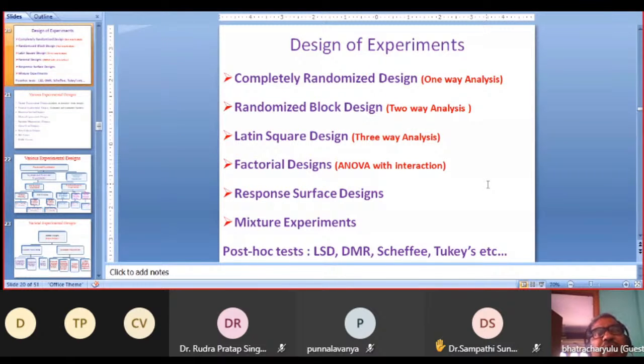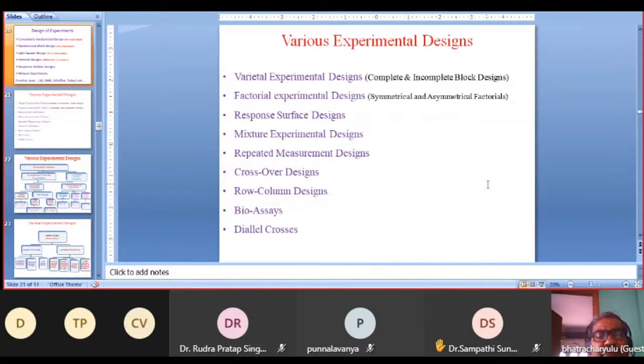So we have many designs of experiments. Now I am giving some types of experimental designs,